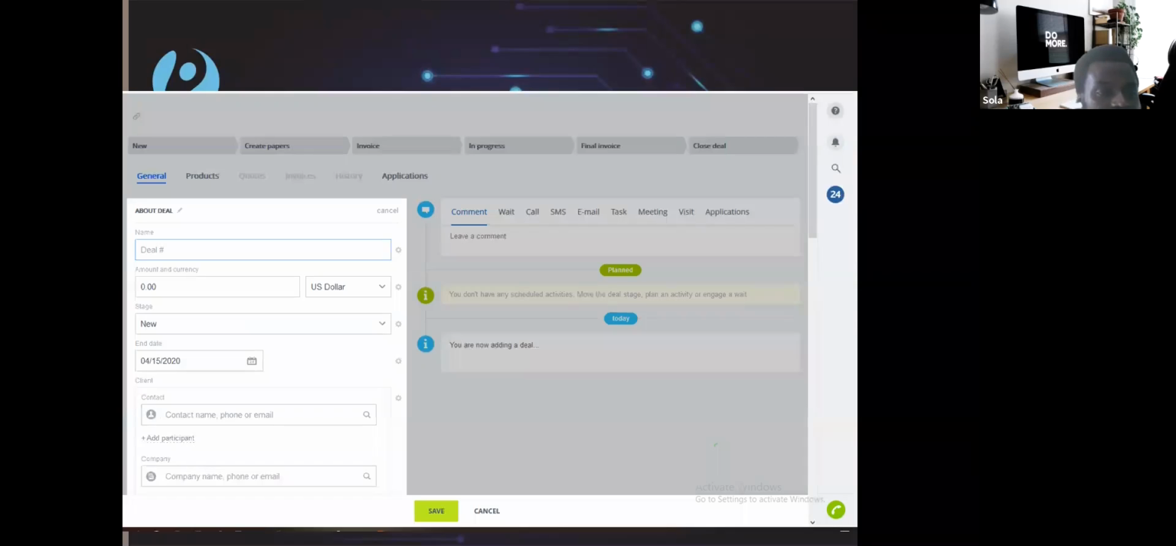Now, as you can see here, this is a deal, a typical dashboard. You can see it's very easy to use. You don't need to be a programmer or you don't need a special